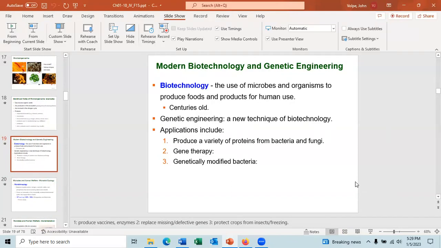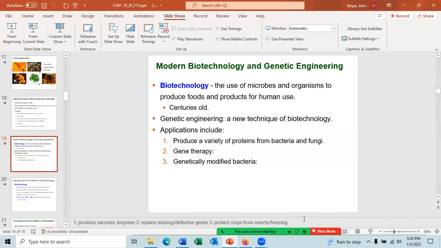The breeding of corn so that you get something like 80% corn oil out of a seed of corn, that's using biotechnology. And like I said, this is centuries old biotechnology. Genetic engineering is a new technique of biotechnology where we're using genes and inserting them into an organism to produce something. Applications of genetic engineering include the production of a variety of proteins from bacteria and fungi,